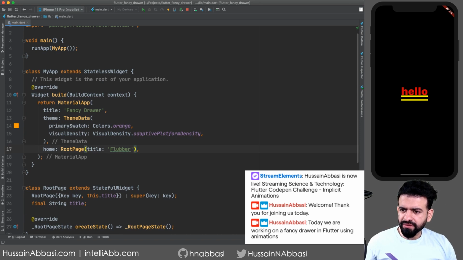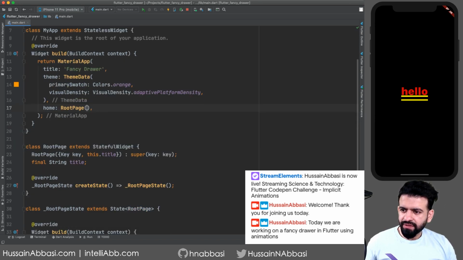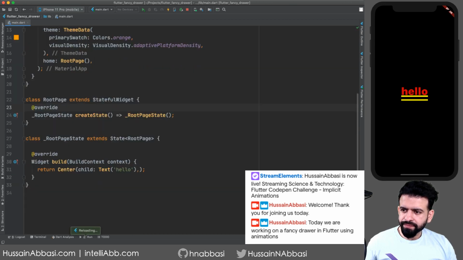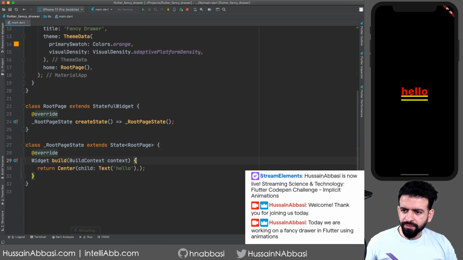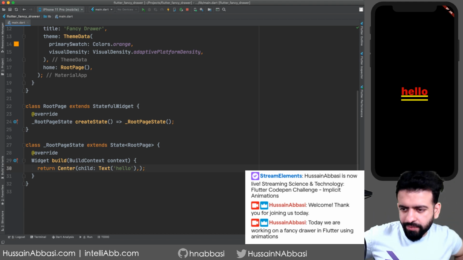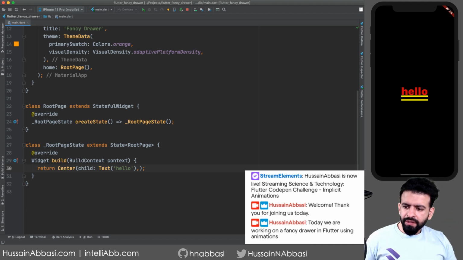In the root page, don't really care about this. Now what I would like to do, so I'm gonna borrow some math from that sample to get the code going. So let's see what we can get. So first thing first, let's go ahead and build out some scaffolding around this. So let's start with the stack. And in the stack we have